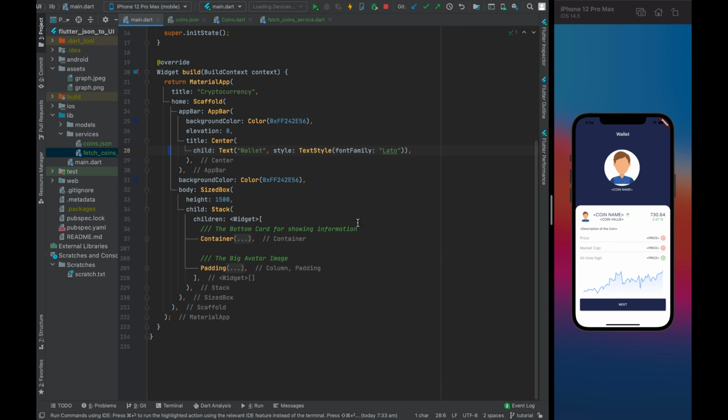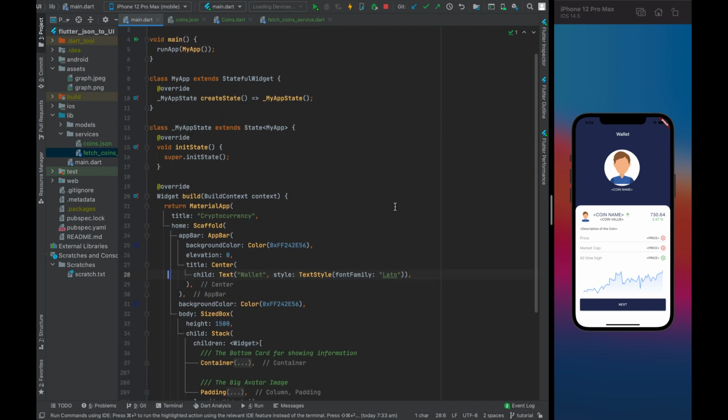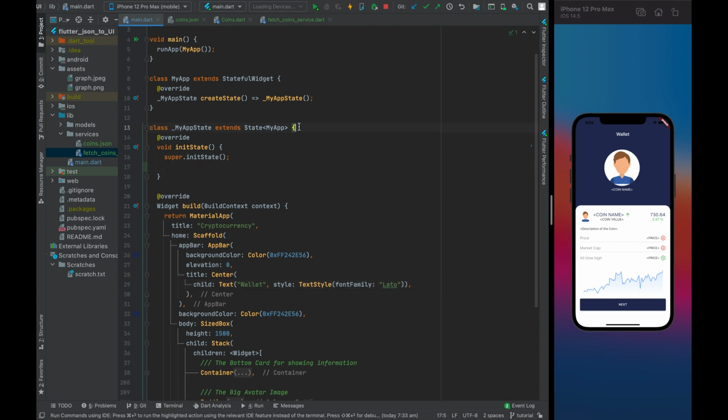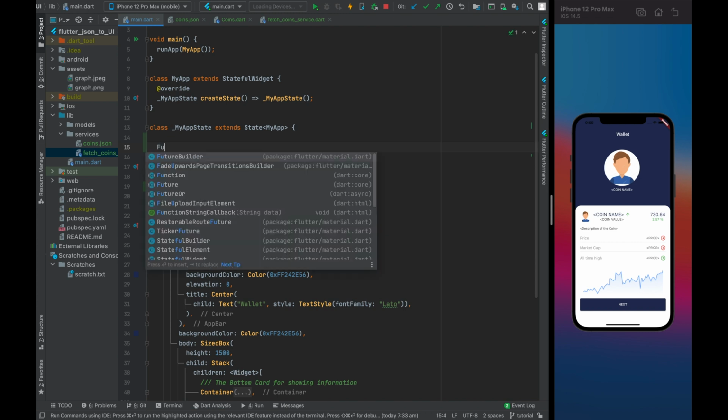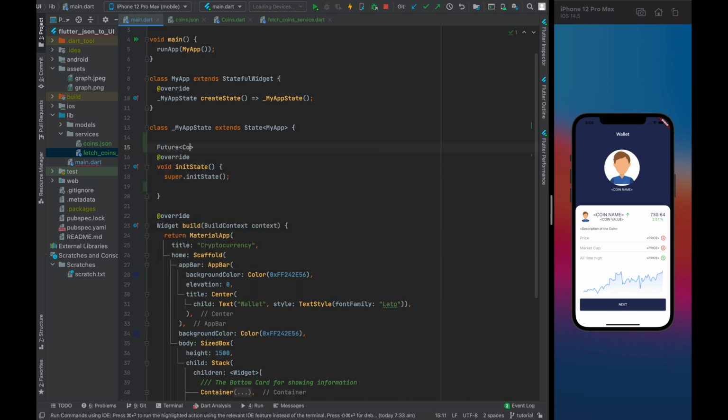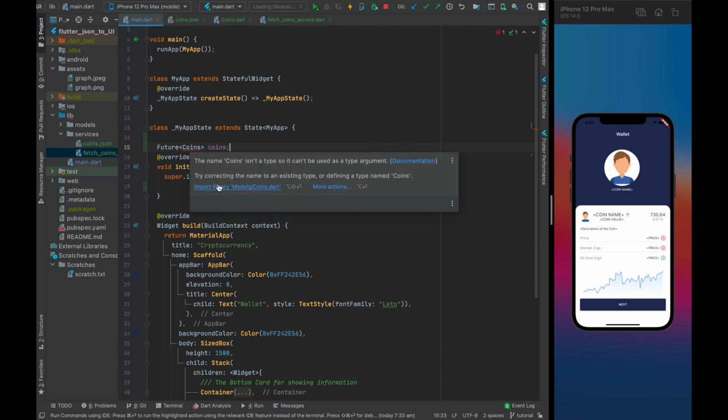Now we will go back to our main class here. As you can see, the entire app has already been coded. The UI part obviously has already been coded. Now what we are going to do is add those coins objects here and fetch that data. So in order to do this, we will create a simple object here, which is basically a Future of Coins type, and we'll say this is coins, and let's just import the coin